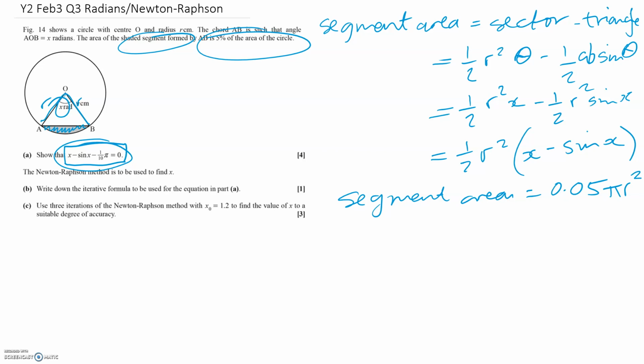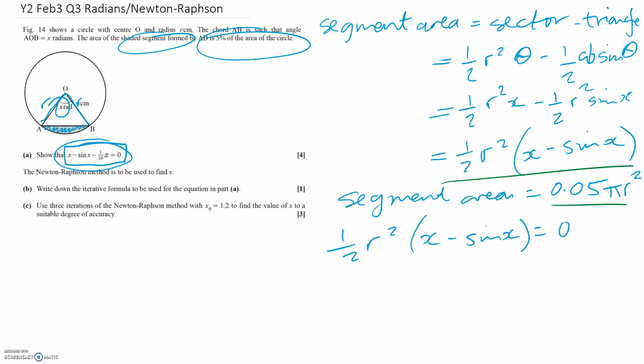And if we know that the segment area equals this, it also equals this, we can put those two equal to each other to get a half r squared (x minus sine x) equals 0.05 pi r squared, and the r squareds are going to cancel,